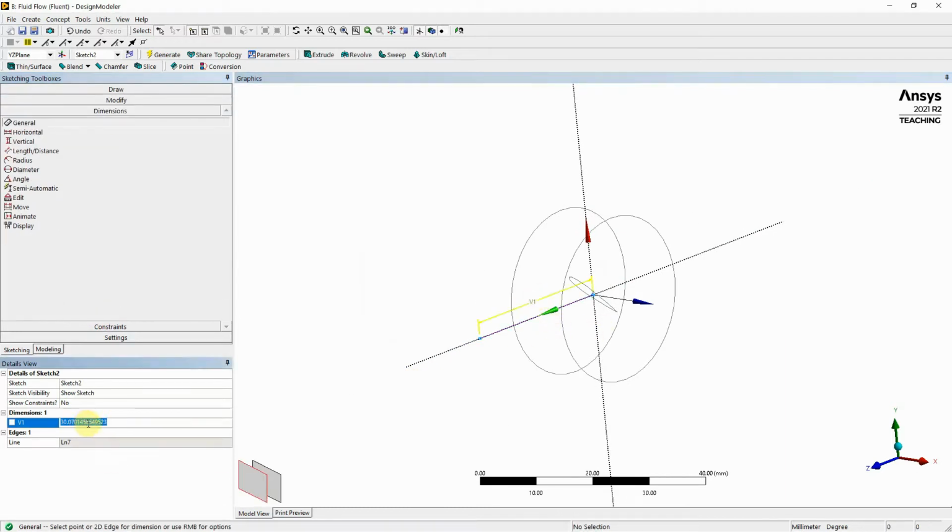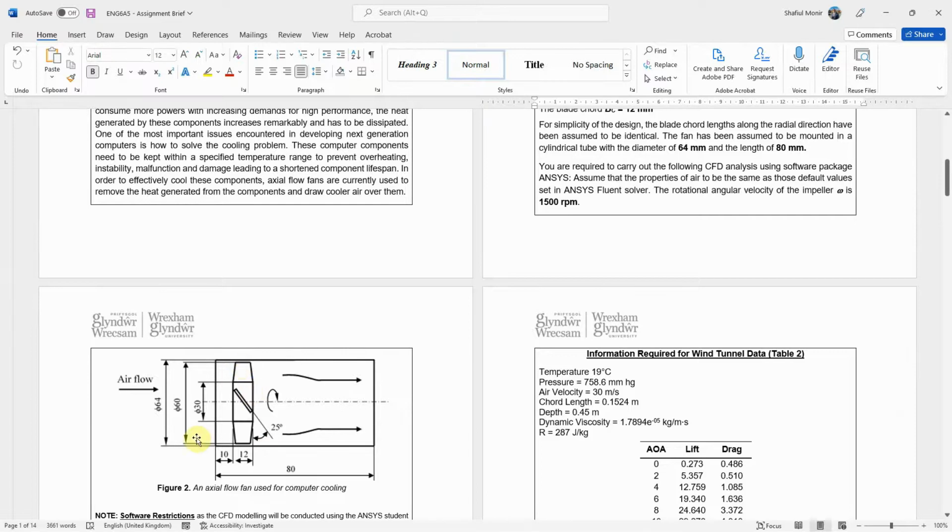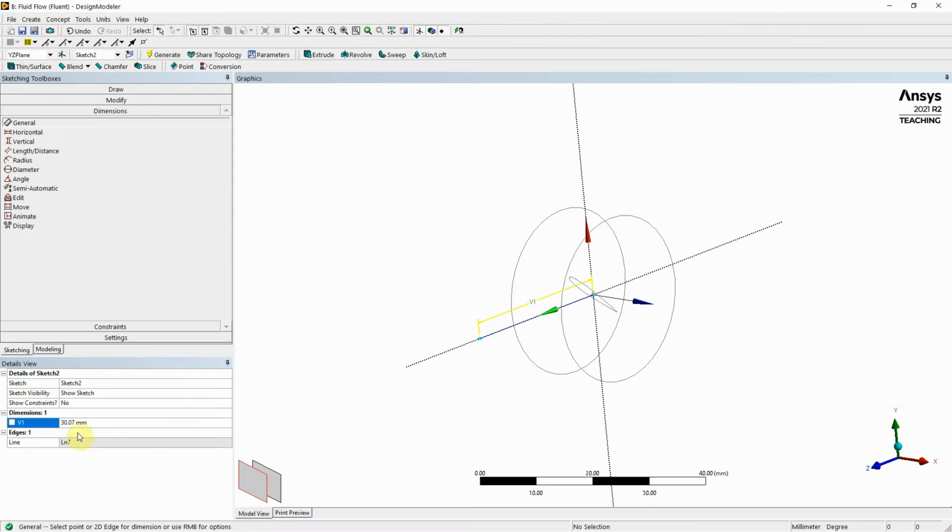Now it says 30. Now if you remember, the overall diameter of this is 60. So what we want to do is go a little bit more. So an extra 10 mil should be absolutely fine. So press generate. So now I can actually sweep